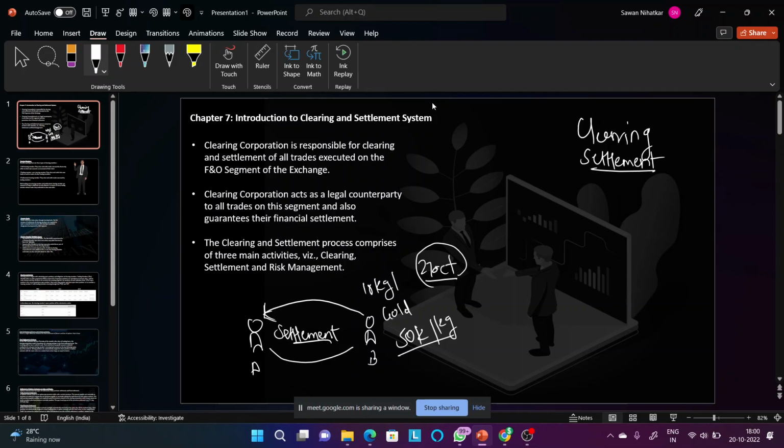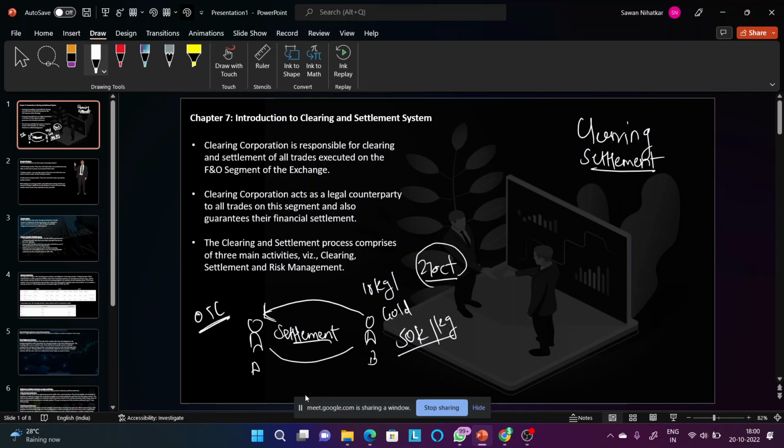Settlement of contracts in the sense whatever the obligations are due and whatever the net profit or loss which one party makes and another party is suffering. In that case, you just have to net all those transactions, and then you have to make payments and deliver assets and everything. So that basically happens on the day of settlement. So this was basically what we used to talk about as an over the counter transaction. So the OTC transaction basically has this kind of a settlement procedure, which is very straightforward and simple, and there are not a lot of things which you need to understand in case of OTC settlement.